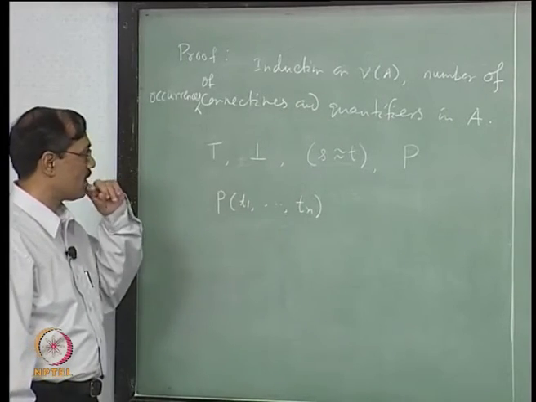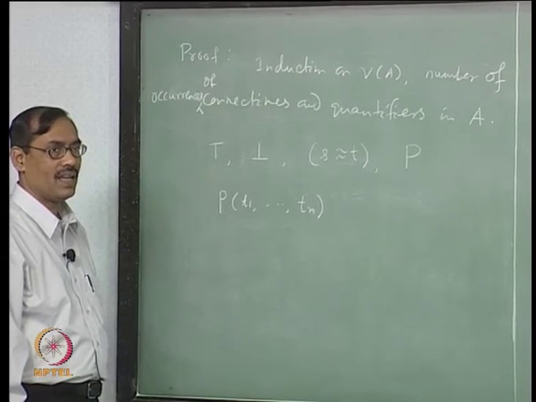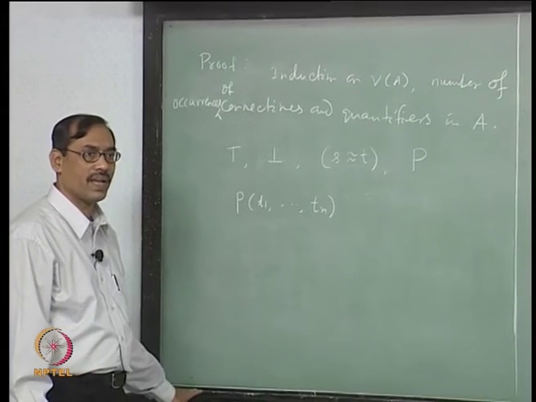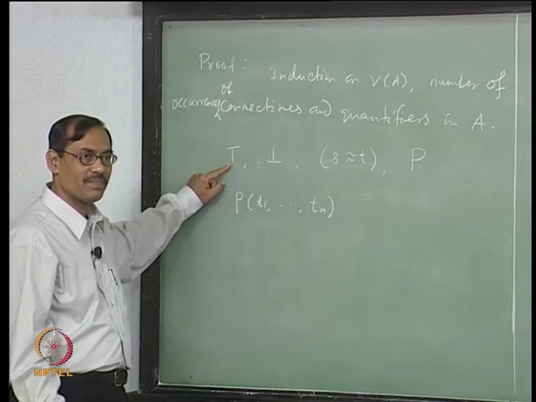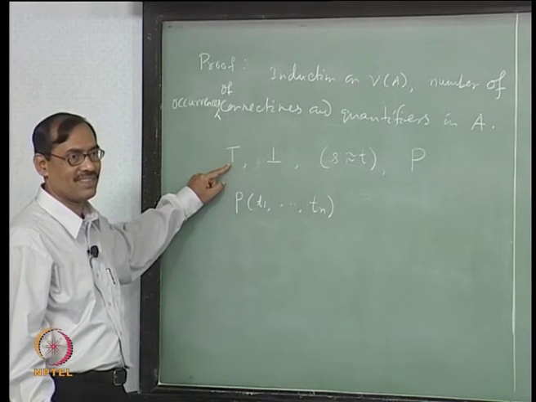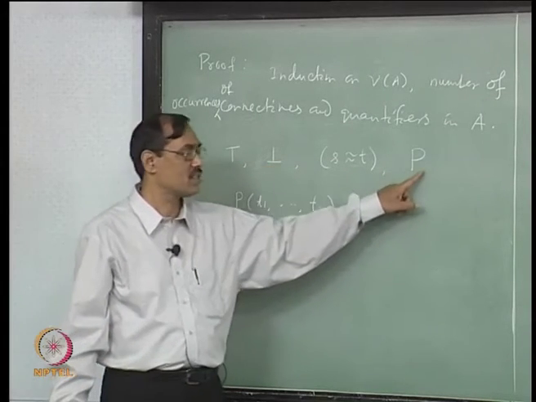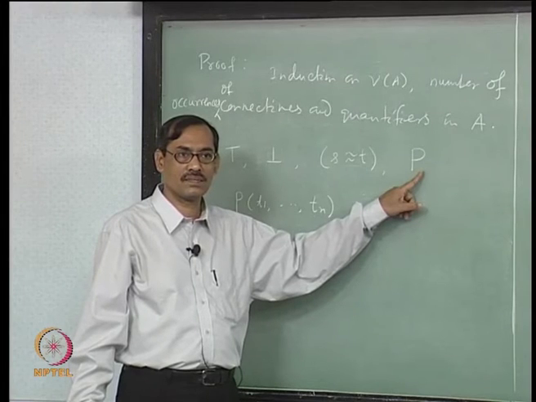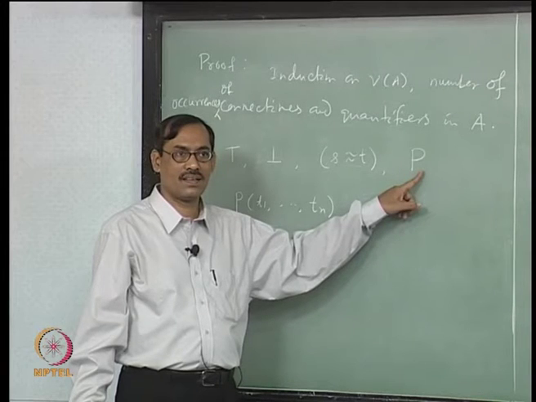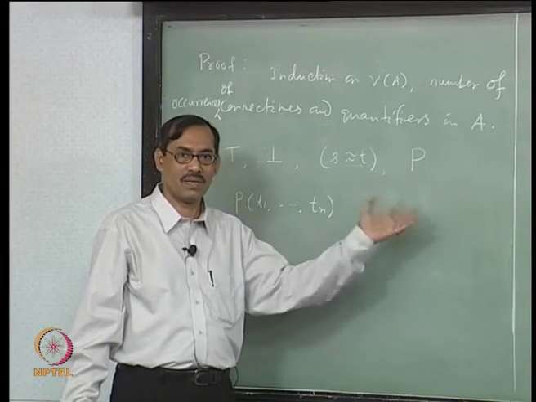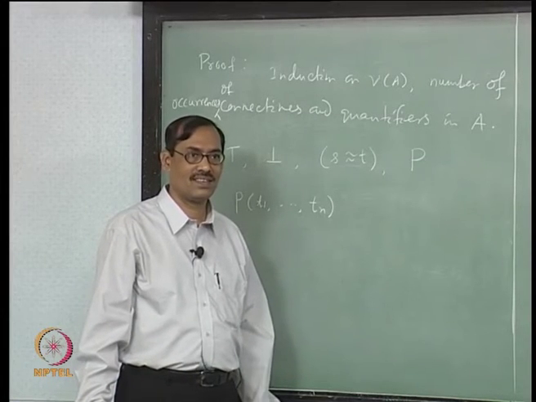Now in all these cases just try to see what is the conclusion. I L and I L prime should evaluate the same way. Is it happening? This case is easy. I L of top is always the same, whatever L, whatever I may be, right. So that is satisfied. This is also okay. What about these propositions? There is no variable at all. So L or L prime does not matter, they evaluate the same way. Is it okay?